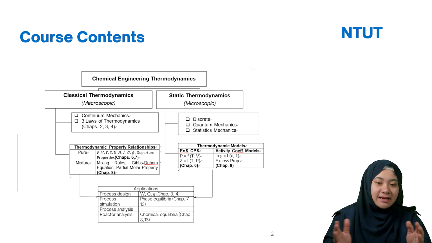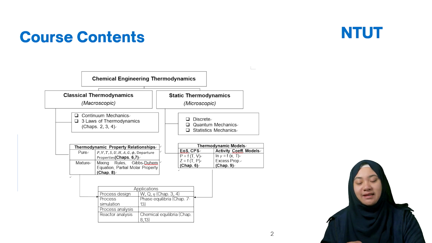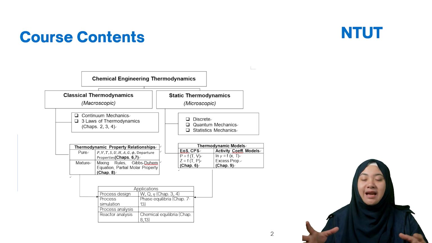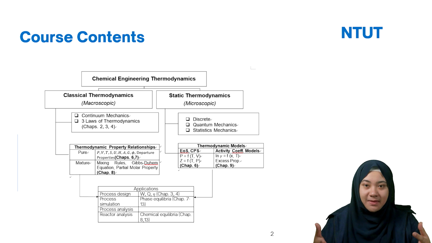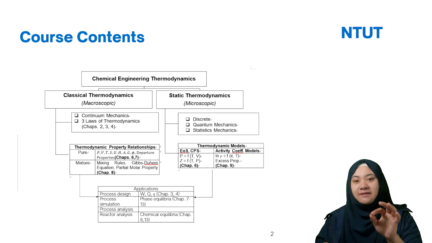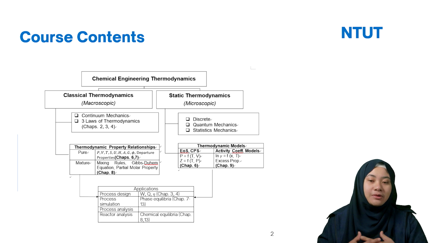If I discuss statistical thermodynamics, I will go into detail, like how many boys are 170 centimeters tall, 160 centimeters for the women, and how many people. And then I will take the probability, the average height in this class. So I will go into details on the specific part. This is what we call microscopic. If you go for classical and statistical, normally they cannot be separated.